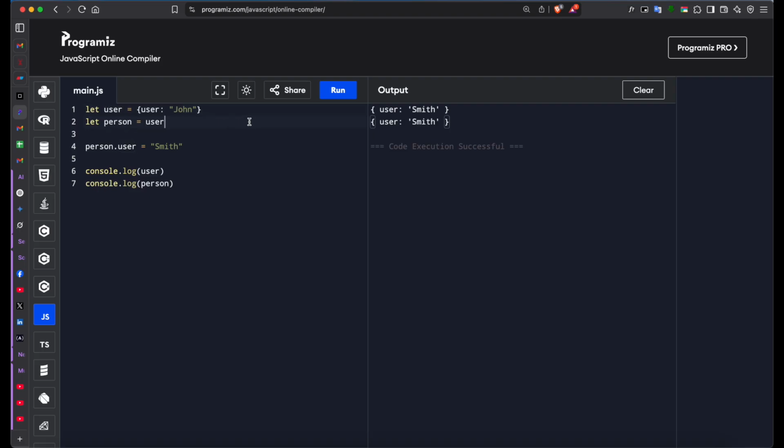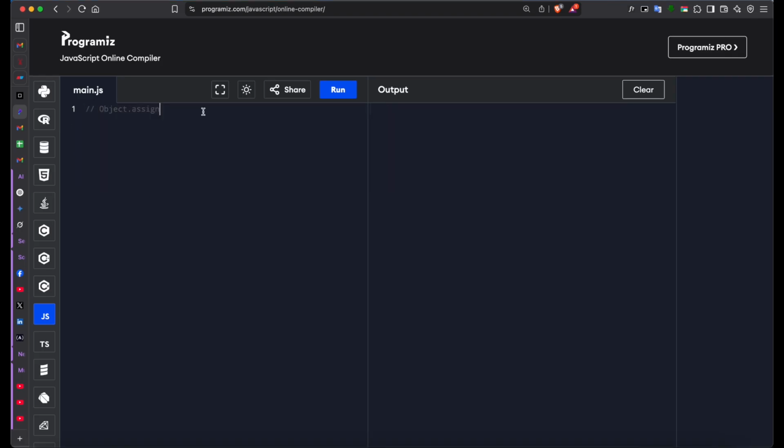This behavior of JavaScript objects creates a problem in terms of cloning objects. There will be many times where you need to clone an object, and when you see this kind of behavior, it will be very tough for you to code further, right? So in this case,